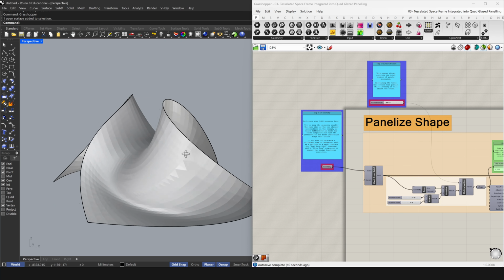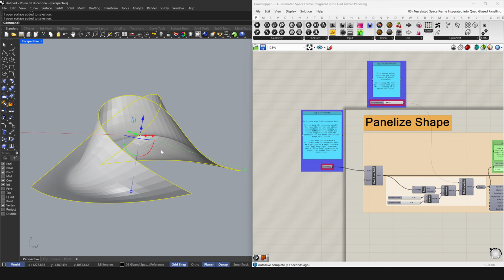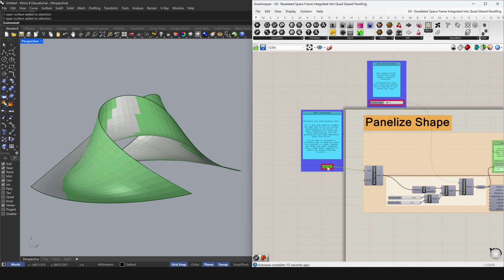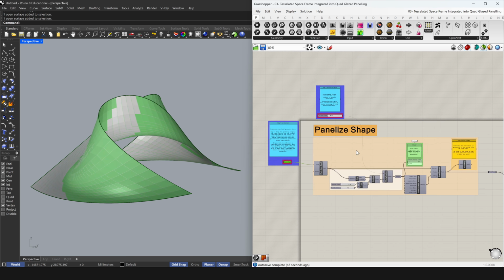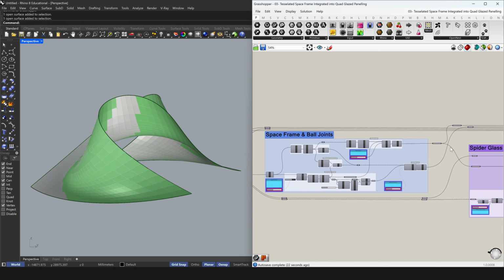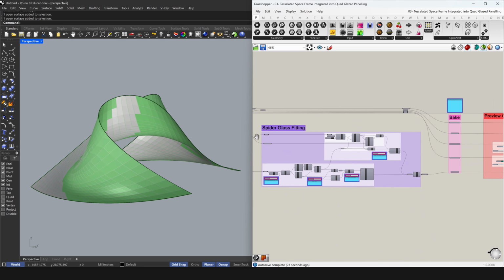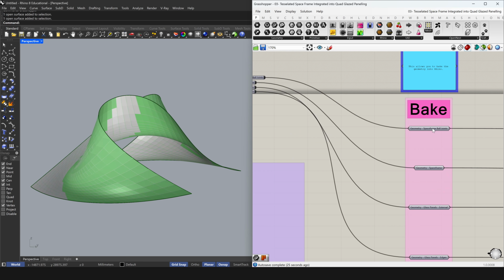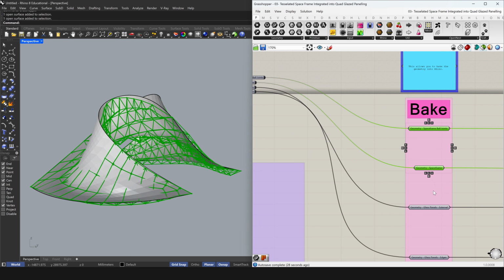So in this video, I'm going to show you how we can take a sub-D geometry like I've created over here and reference it into Grasshopper. And this particular script is going to panelize it in a way that it creates a tessellated space frame with integrated quad paneled glazing. And we're going to be able to isolate each of these different parts and bake them